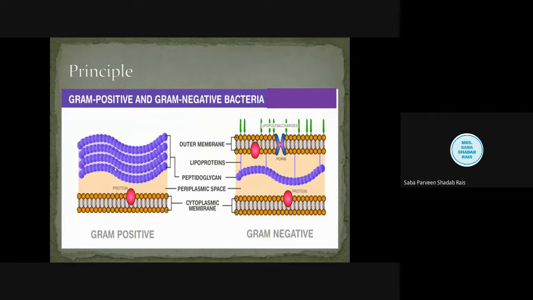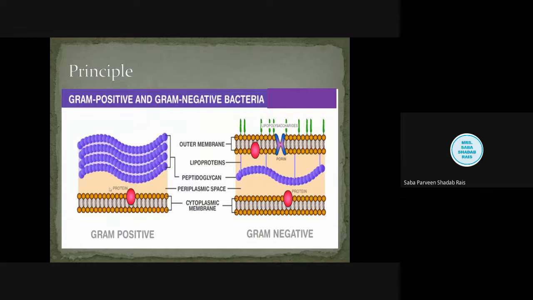Students, I got this particular diagram from Google. Chemical composition structure, you will observe gram positive bacteria possess a thick layer of peptidoglycan. Here you can see the four layers in their outer membrane, but it can be up to 40, and here only one is there, it can be up to 2 or 3, that's it, not more than that. When you observe the lipoprotein, you will find very thin lipoprotein is there, but in this case lipoprotein is very thick, and they also have the lipopolysaccharide which is thick, but here they lack it.